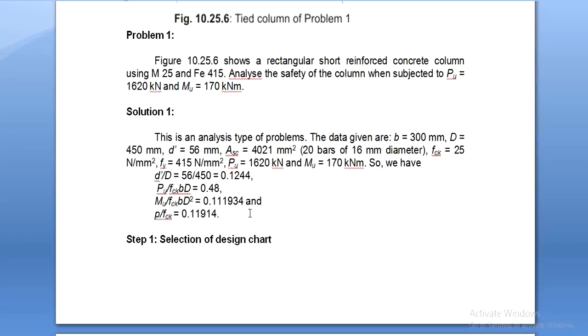So how have I calculated p? So you can see here how I can calculate p is nothing but percentage of steel. So how can I calculate percentage of steel? That is 4021 mm square steel we have provided divided by cross-sectional area of column into 100. If I do, I will be able to calculate the percentage of steel. So remember, substitute p in percentage only, and fck is equal to 25 that I am having.